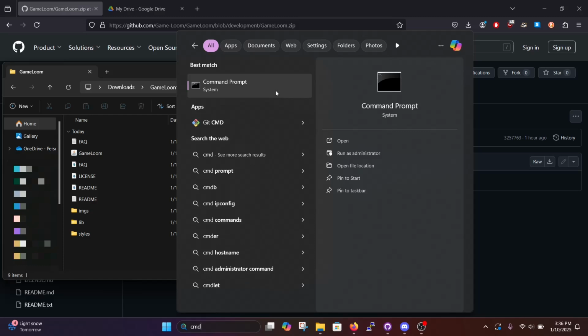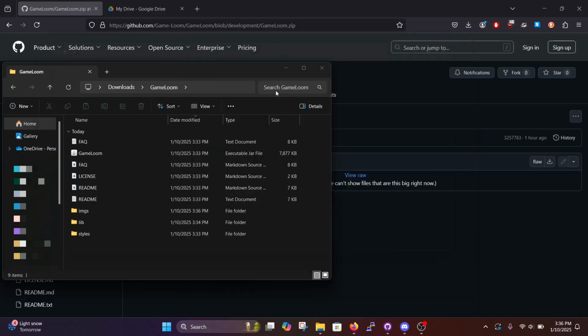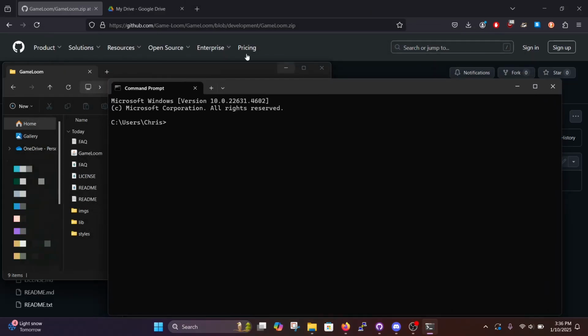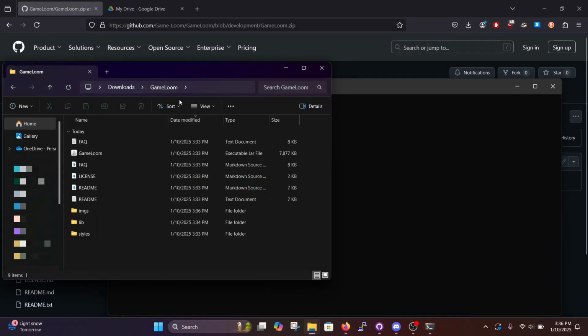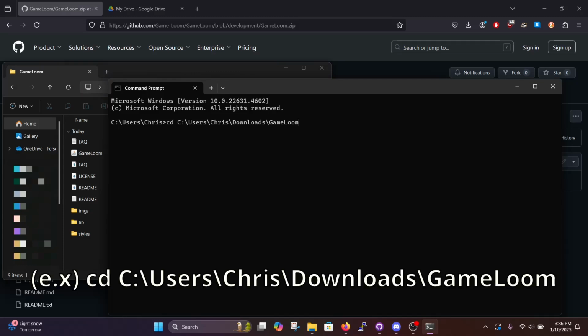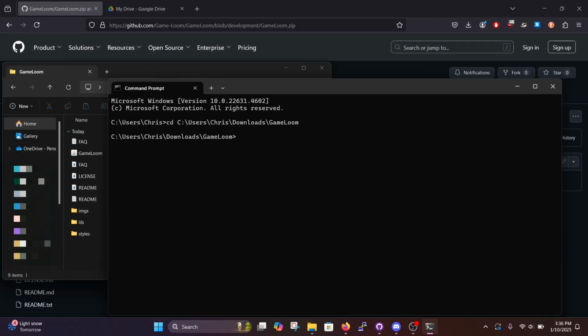So terminal in Windows is just CMD, it's command prompt, so we're going to open that up. And what we're going to do is click back on the folder we have open here. We're going to take the path and copy it. And then we're going to go back into our terminal. We're going to do CD to change directory, and Control V, we're going to paste the path we want to change into. And we can hit dir to list the